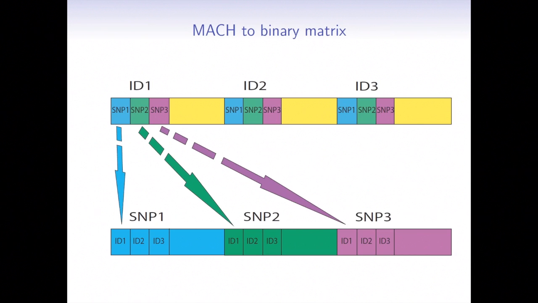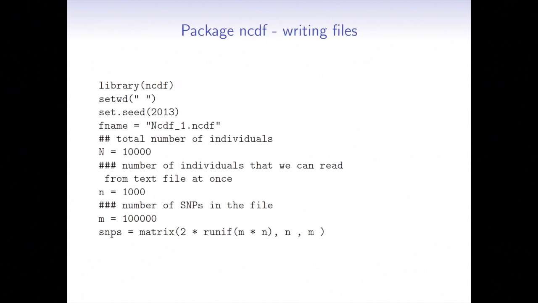So before I start with the packages, I want to visualize what we need to do with the data. The top structure is what is given in the MACH file, and in the bottom we see the structure that we want to achieve. So you see that a lot of shuffling and ordering and rearranging needs to be done with the data. So that will involve a little bit of work.